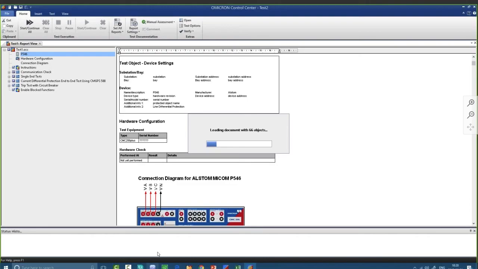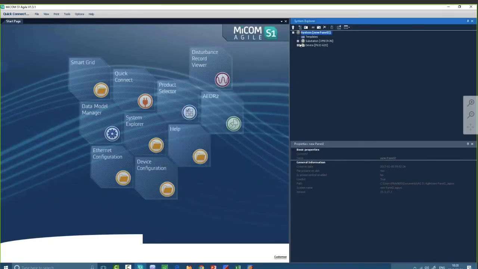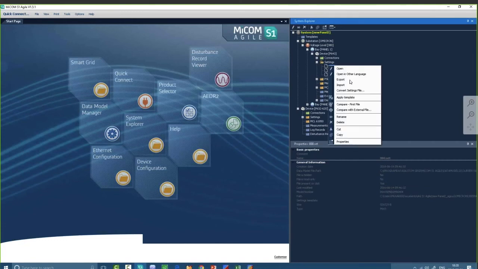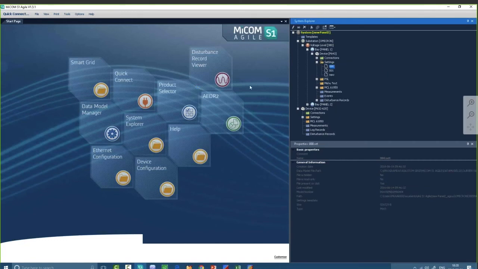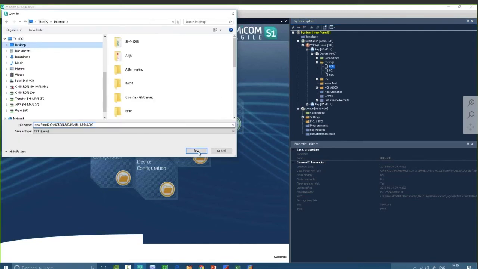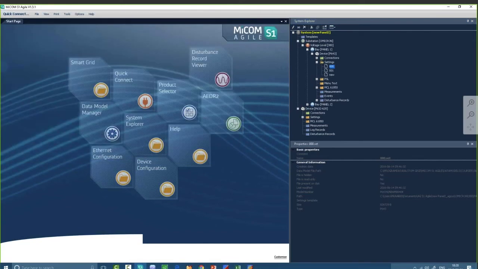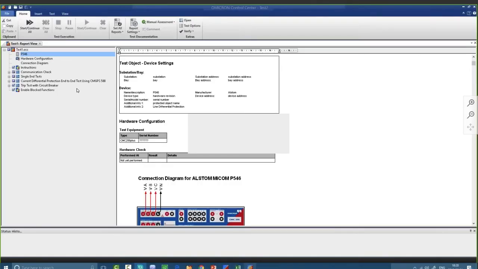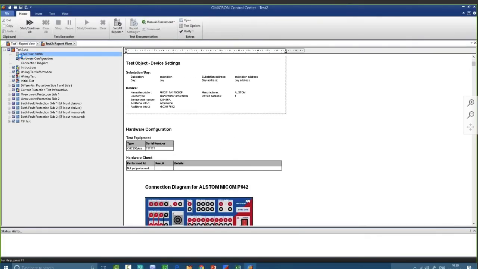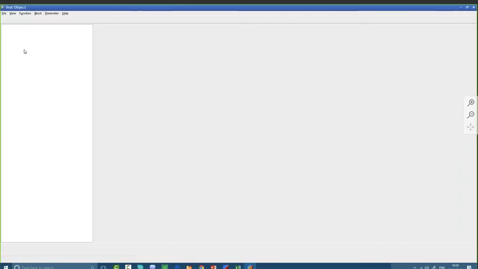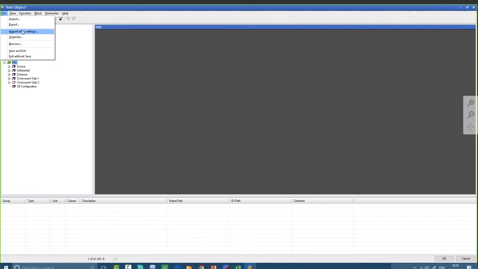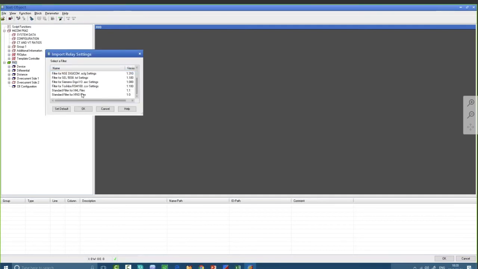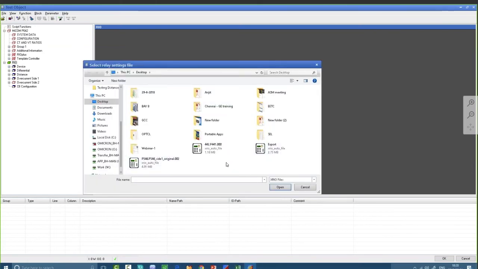Okay, I export. Now I will export one setting. I will open that test object, Micro P64. I will import relay setting using the XRIO scheme, and I will select the exported one, which was